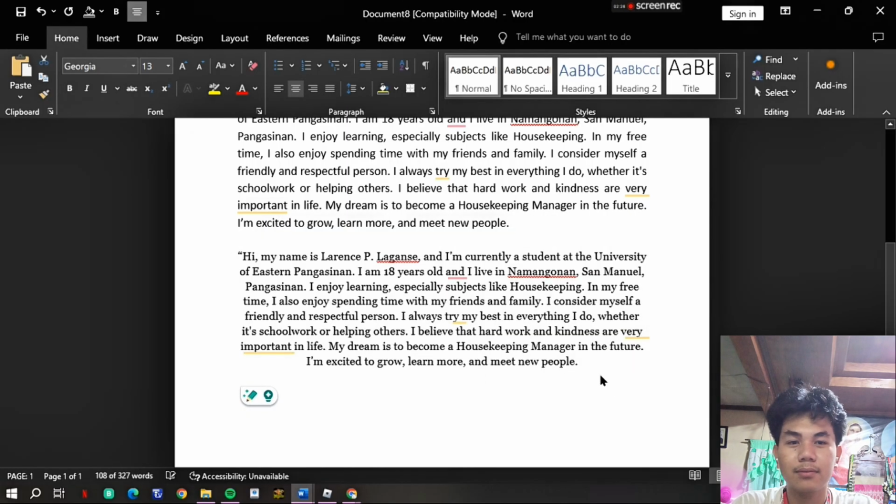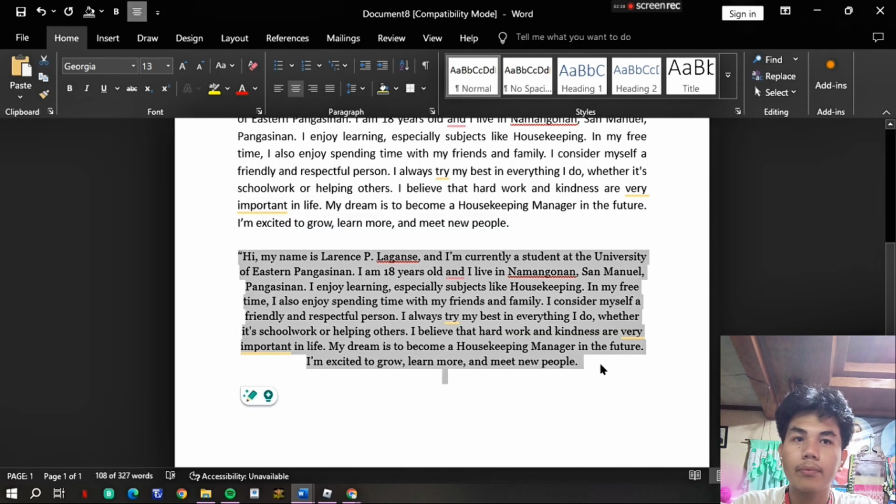Now, each paragraph has a different font style and alignment, creating variety.